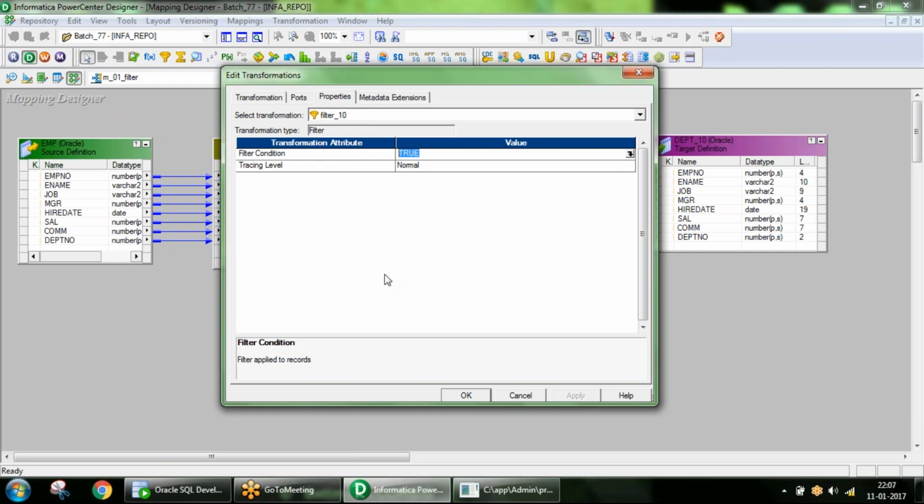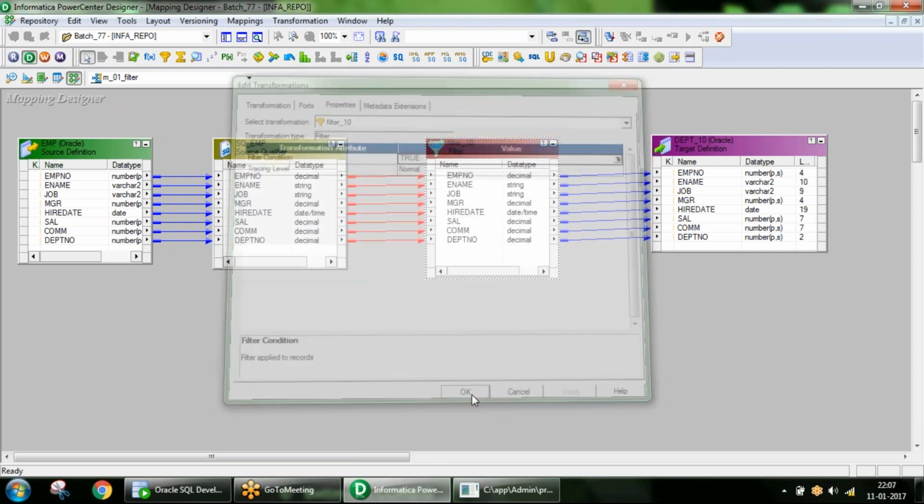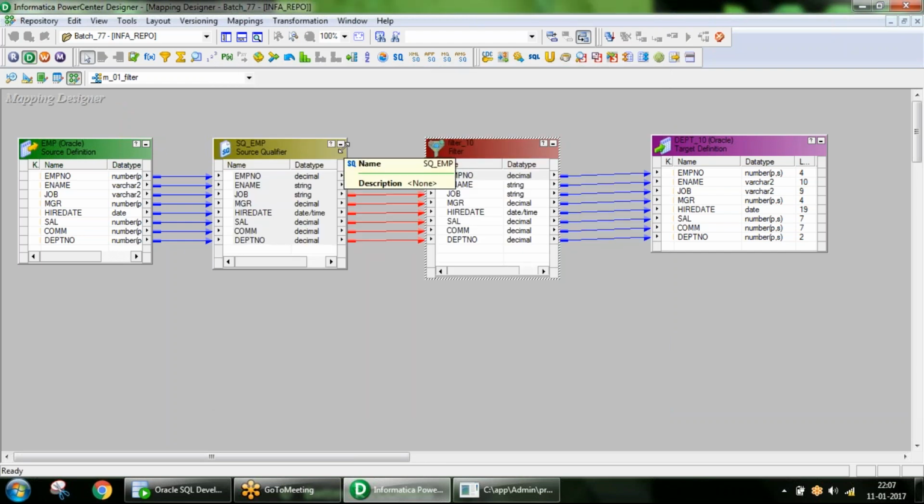Normally people, what they will do? Now the requirement is I want to load DEPT number equal to 10, so I can simply override this true and put the condition. But in an interview, the very basic question: I am developing a mapping, and in the filter transformation I need to provide a filter condition like DEPT number equal to 10 or location equal to India, but I am not doing that.